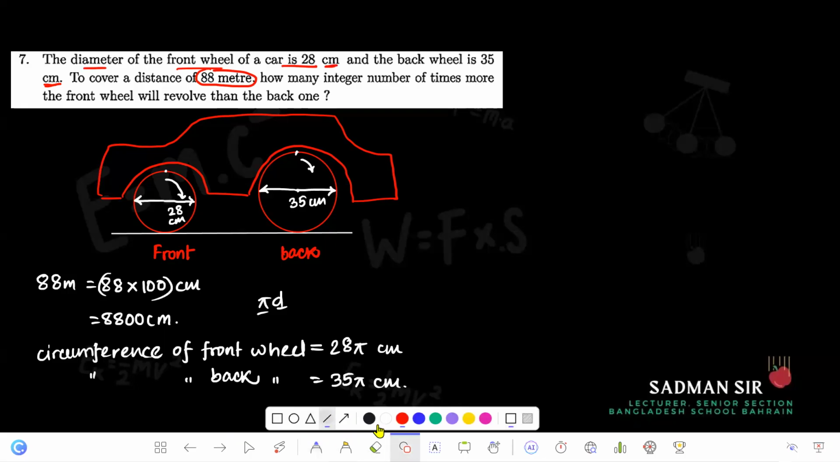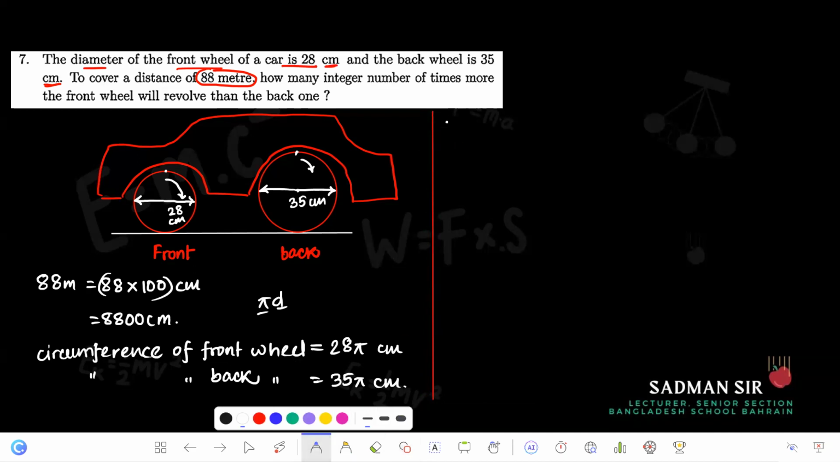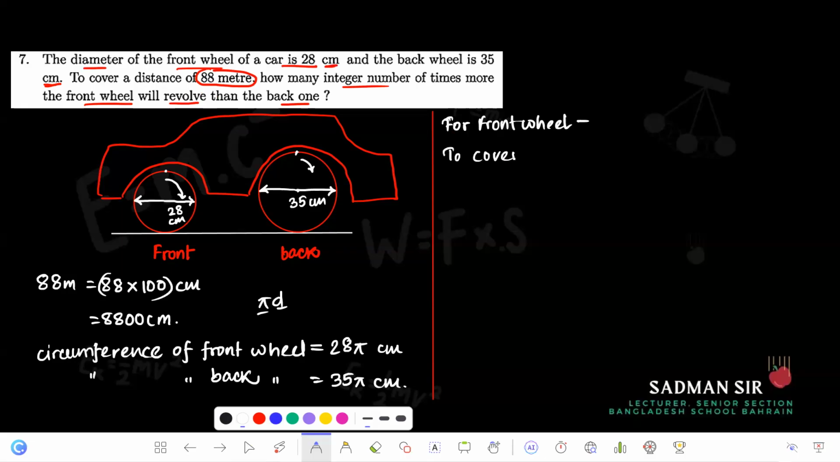I will write a sentence and you will let me know if you agree with me in this. I will be doing the calculation for the front wheel and you will do the calculation for the back wheel. Now, why am I doing this calculation? Because they asked us how many integer number of times more the front wheel will revolve than the back one. So we need to find out how many times both the wheels will revolve to cover a distance of 88 meter. So for front wheel, to cover 28 pi,